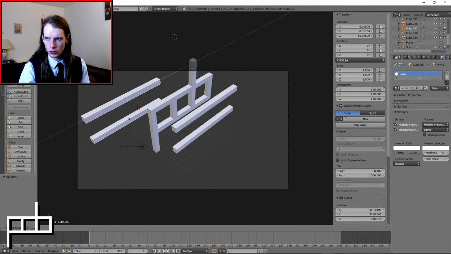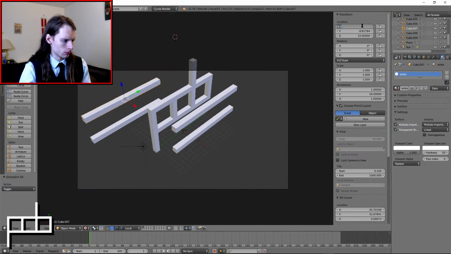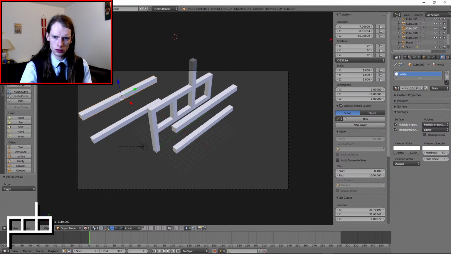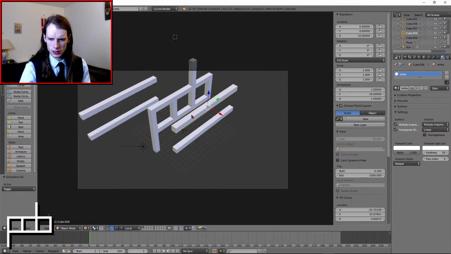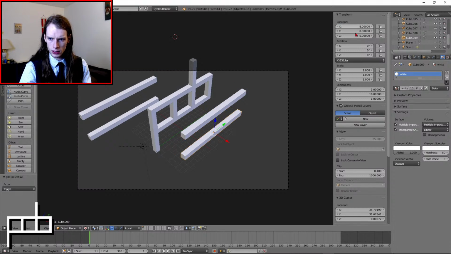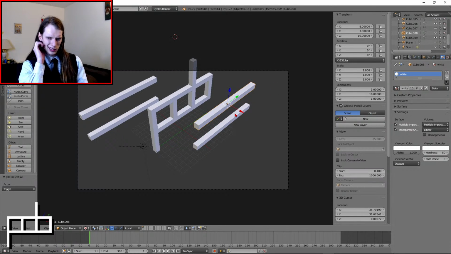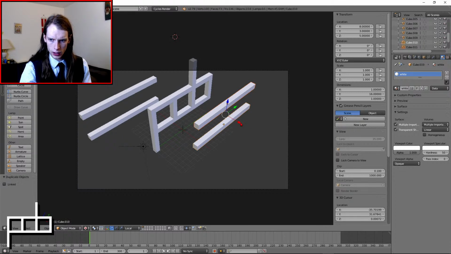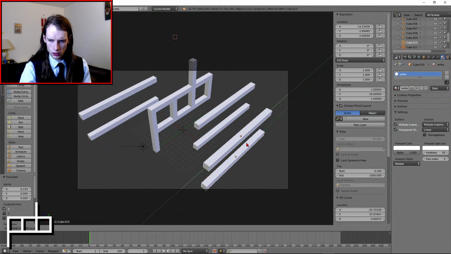So hopefully, for example, these ones will be 7 and -7. These ones will be moved up to 8 and 8, and they'll be moved on the Y 3 and 3, and then we can have another pair over here